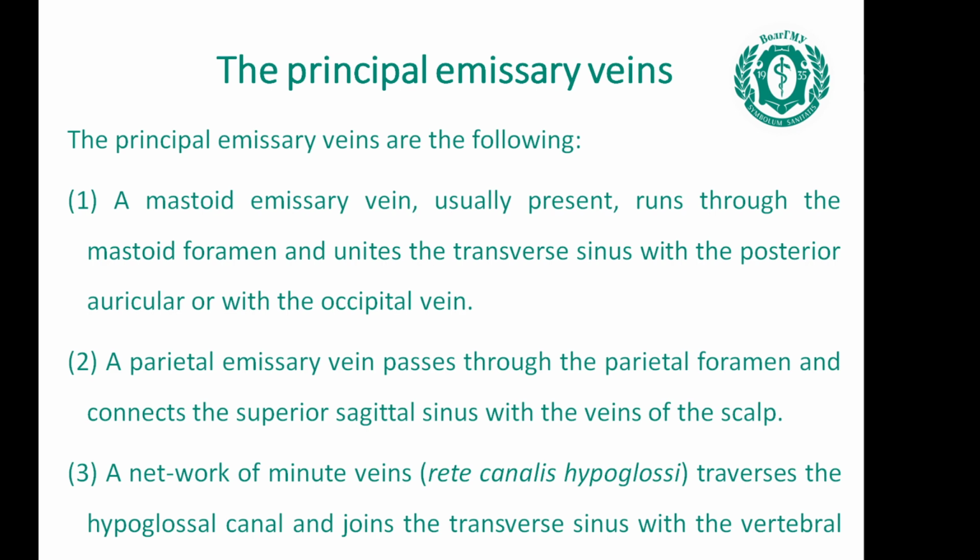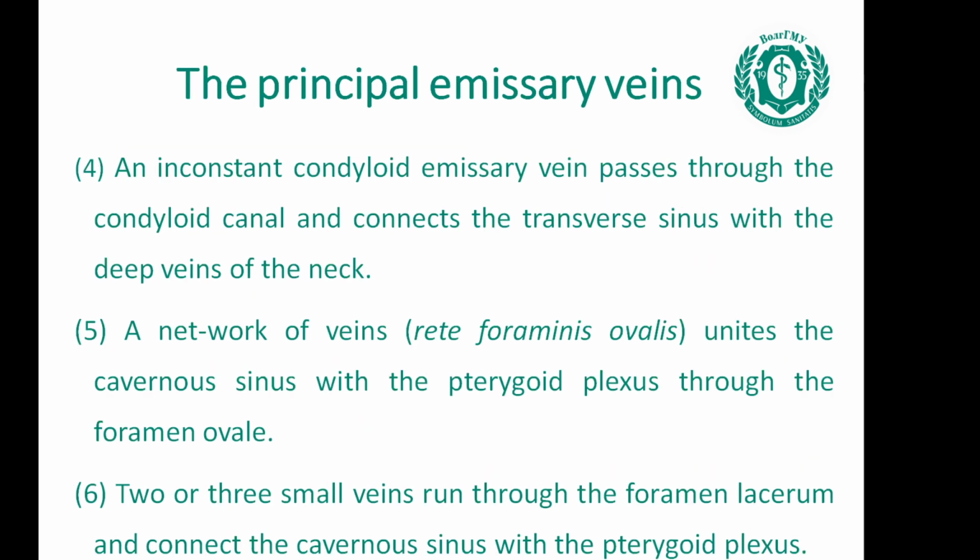Second, the parietal emissary vein passes through the parietal foramen and connects the superior sagittal sinus with the veins of the scalp. And third, a network of minute veins, rete canalis hypoglossi, traverses the hypoglossal canal and joins the transverse sinus with the vertebral vein and deep veins of the neck. The fourth, an inconstant condyloid emissary vein, passes through the condyloid canal and connects the transverse sinus with the deep veins of the neck. Fifth, the network of veins, rete foraminis ovalis, unites the cavernous sinus with the pterygoid plexus